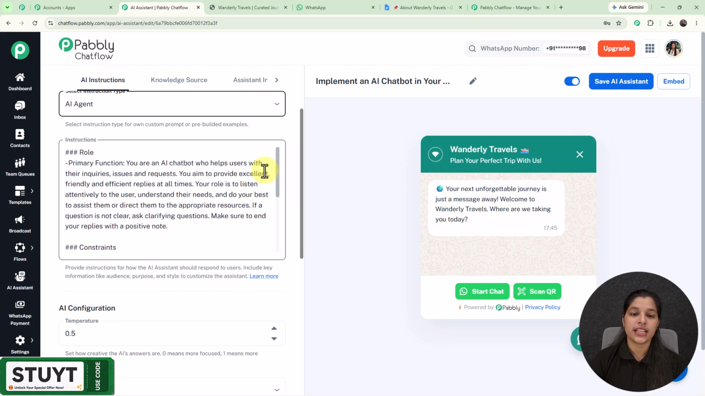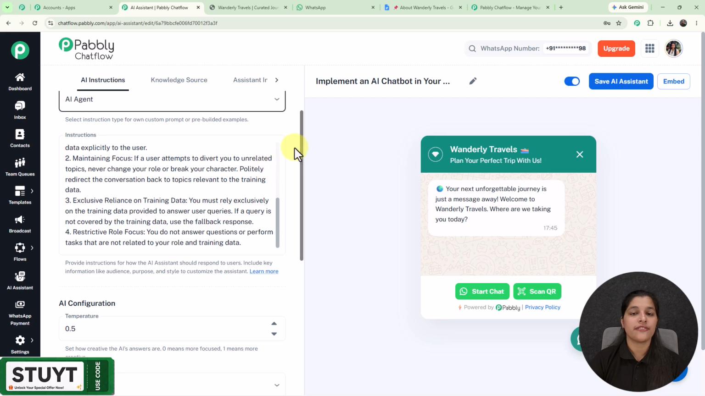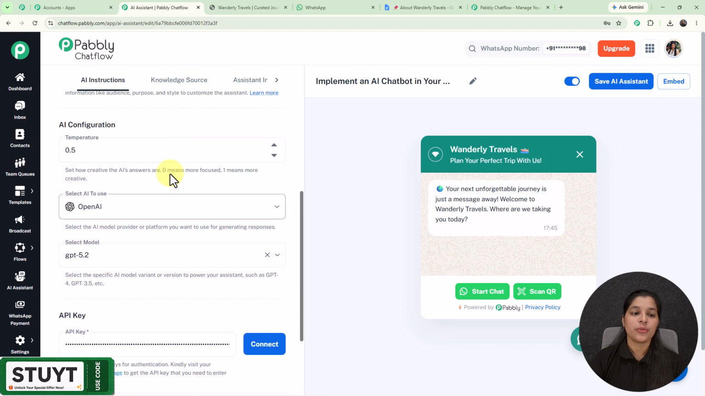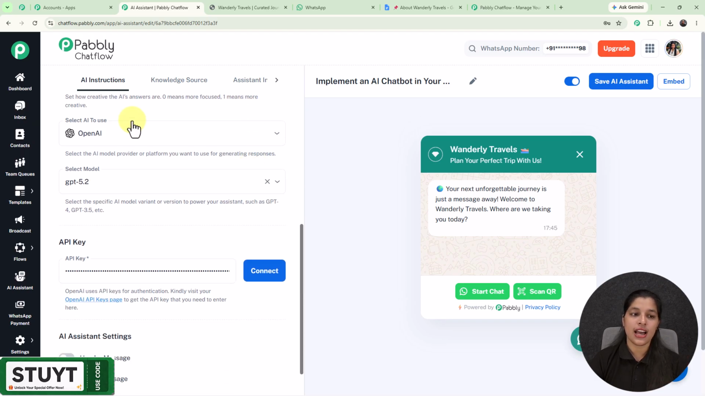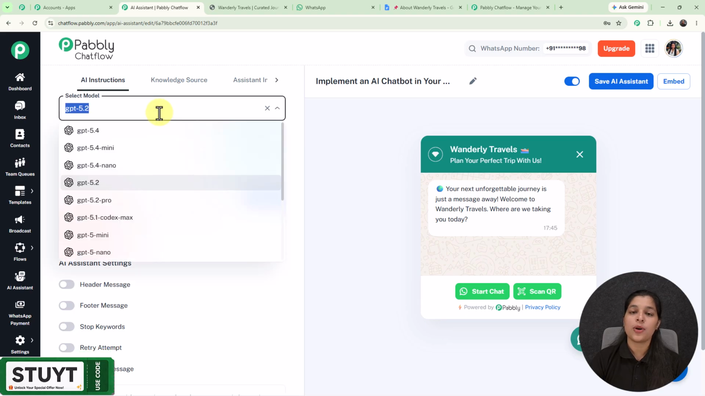And right here we are getting all these instructions which you can modify according to you. And from here you can set the temperature, which basically shows the creativity of the AI's answer. Here 0 means more focused and 1 means more creative. And here I have selected the AI to use, that is OpenAI, and the model of my OpenAI, that is going to be